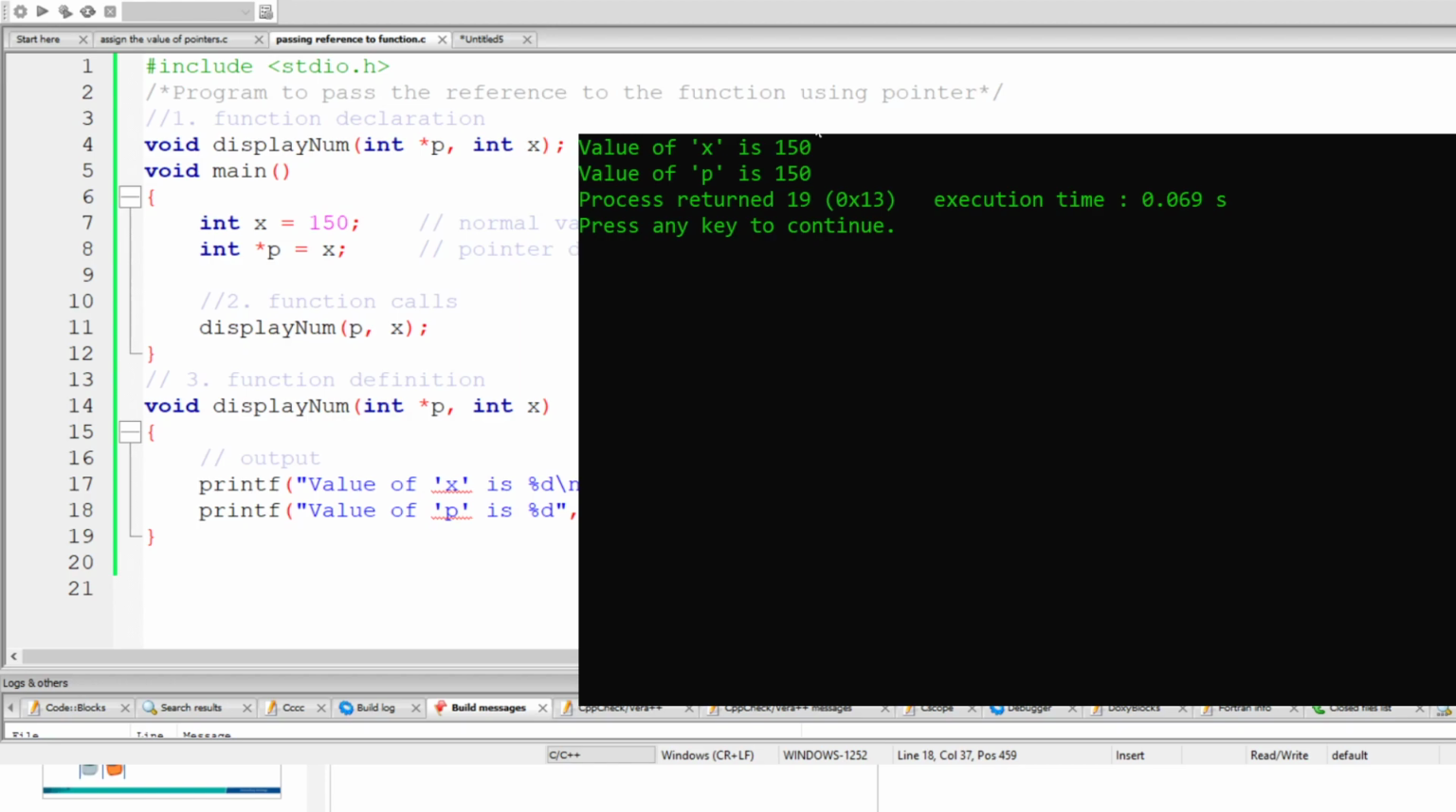So in this case, we can use a pointer and pass to the function in order to display the value